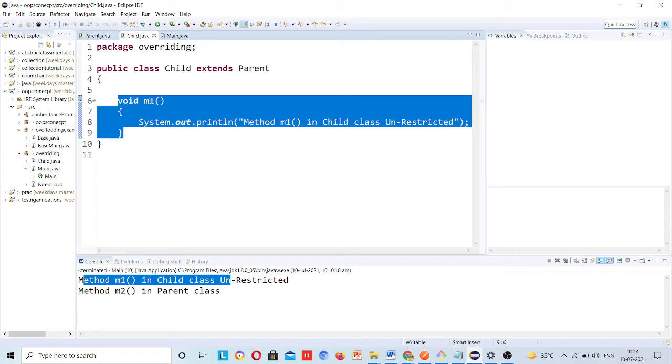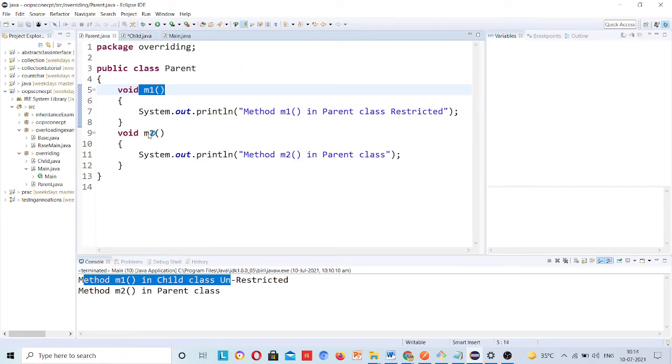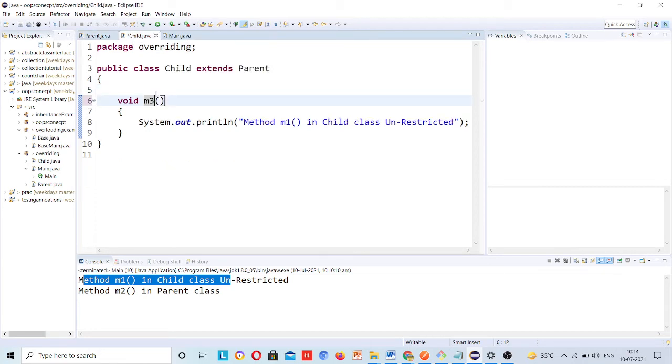But suppose you are writing this m3, okay, now it will be considered a new method, because in the parent class m1 and m2 methods are present, but there is no m3 method. So this is a new method for this child class. Okay, now I am writing m1. If you are coming to this code, to this project for the first time, then how will you be able to understand whether this method is overriding or not? You have to manually go to the parent class and manually check whether this method is overridden or not.